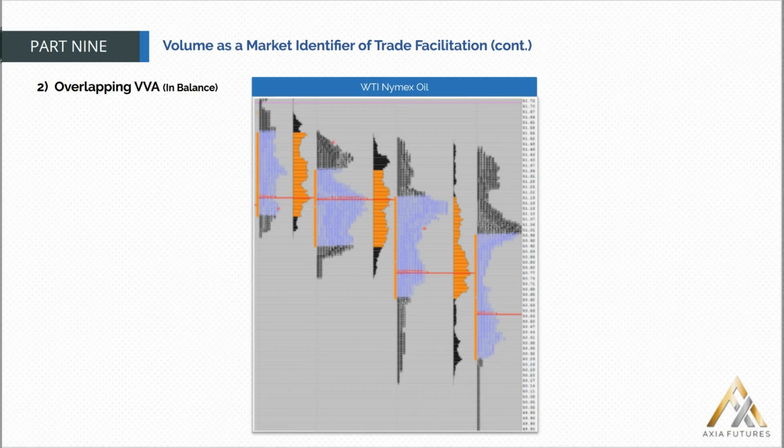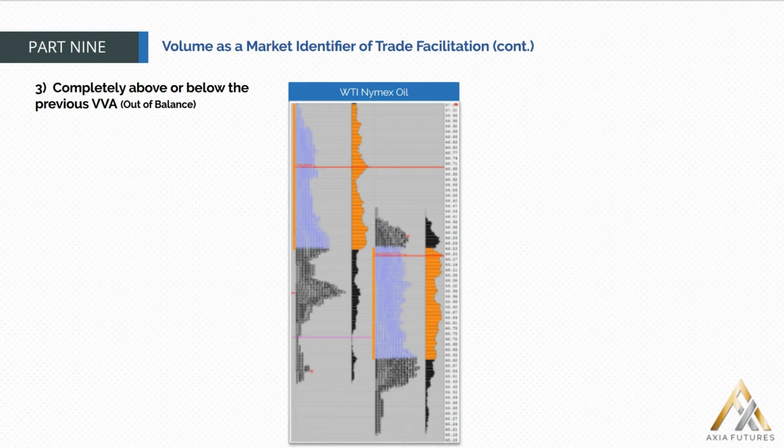Let's look at the third example. In this example, we can clearly see a lack of any kind of overlap of the current day's value area relative to the previous day's value area. So all this is telling us is that whilst price was being facilitated in one area the previous day, it's being facilitated in a completely different area today. While this doesn't necessarily indicate that we are likely to trend, it is indicating to us a market that's a little bit out of balance and there's a little bit more of an initiative being taken by either the buyers